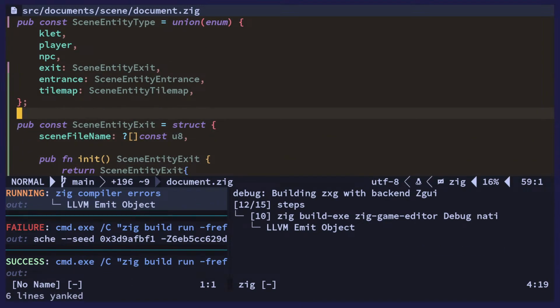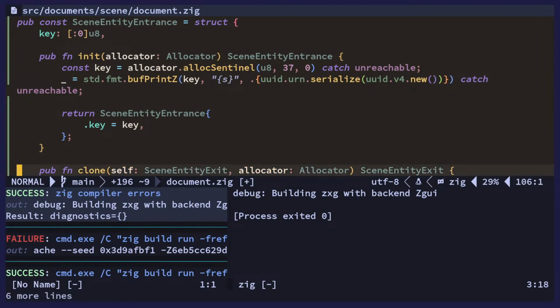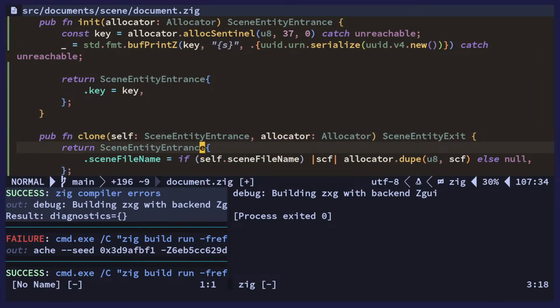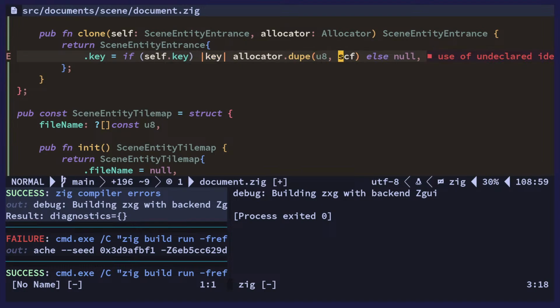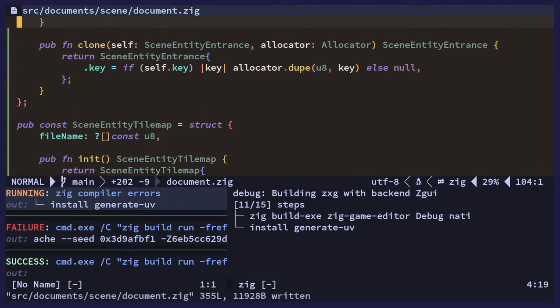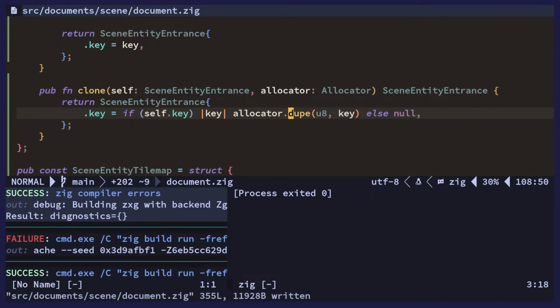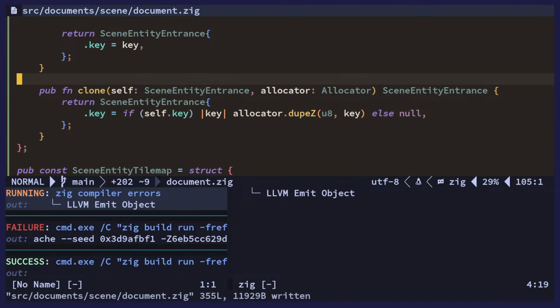and it's basically gonna be the same thing for these things. Key, except this one has a key, and it's not called entry, or exit, it's called entrance, and this one is called key, and it's not zeros, is it? Yeah, it's zero something, so this needs to be dupe Z. Okay,